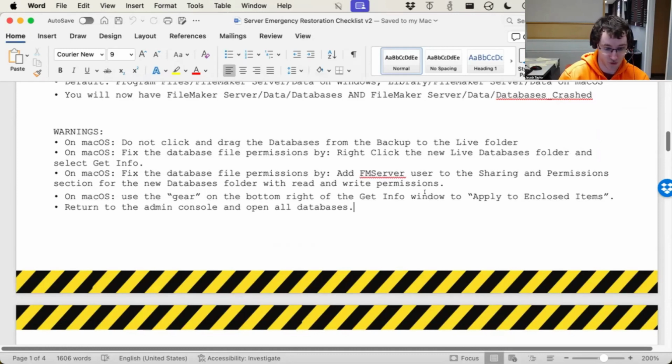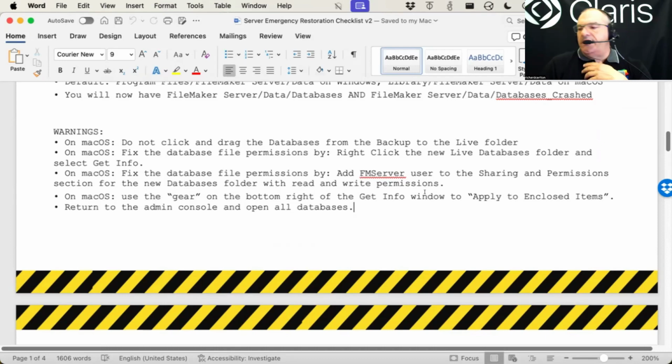But they'll try and do the backup restoration themselves. And there's a couple little notes that you need to pay attention to with Mac: copying and pasting. Don't drag and drop, which is what a lot of Mac users do. That will not do what you want on Mac, is the short version. Well, you can drag and drop. You hold the Option key down. You have the little green icon that pops up, which means you're going to make a copy. And this has to do with hard linking, and I don't want to get too deep into this, but Jacob,